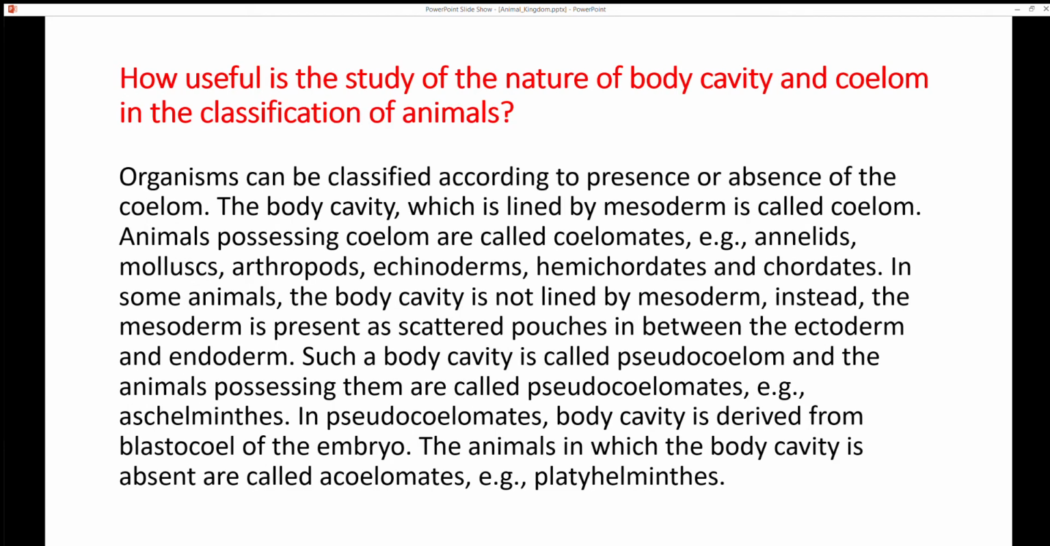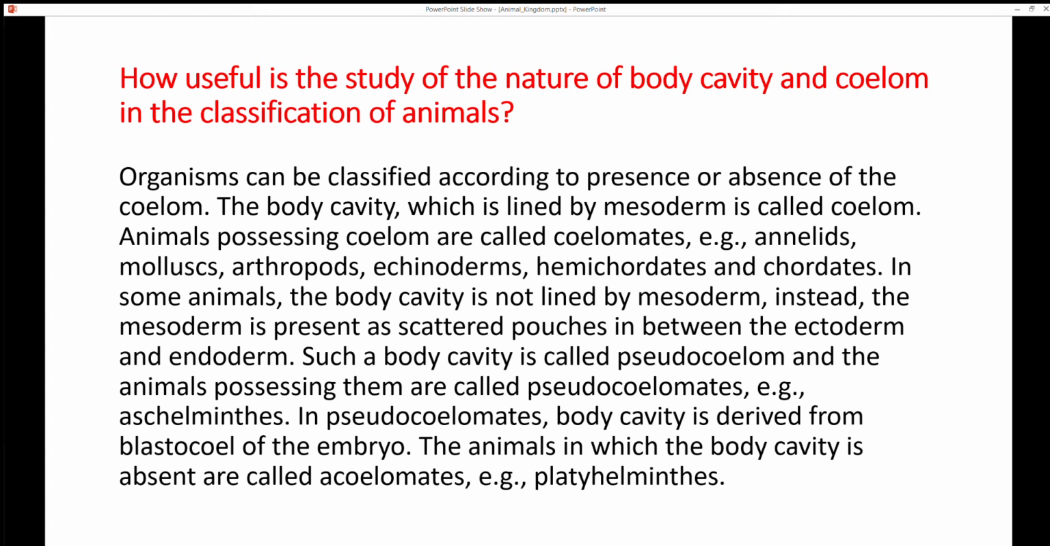So moving to the third one: how useful is the study of nature of body cavity or coelom in the classification of animals? Organisms can be classified according to presence or absence of coelom. The body cavity, which is lined by mesoderm, is called coelom. Animals possessing coelom are called coelomates, that is annelids, mollusks, arthropods,